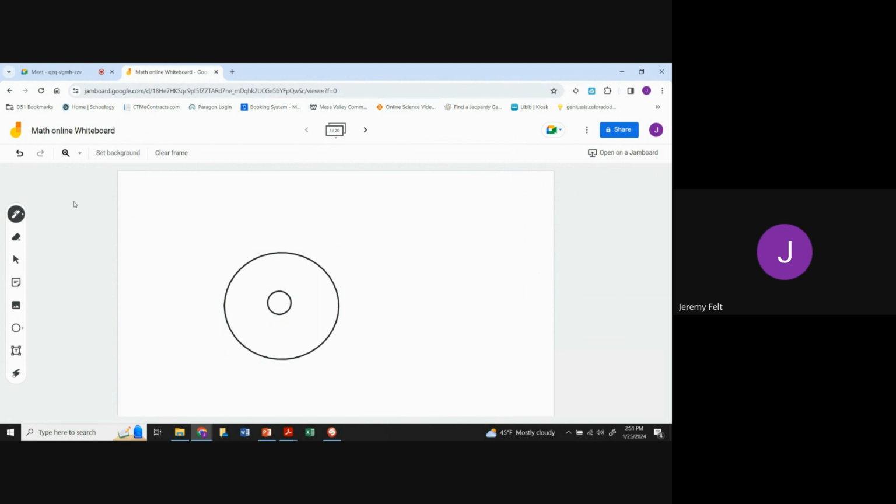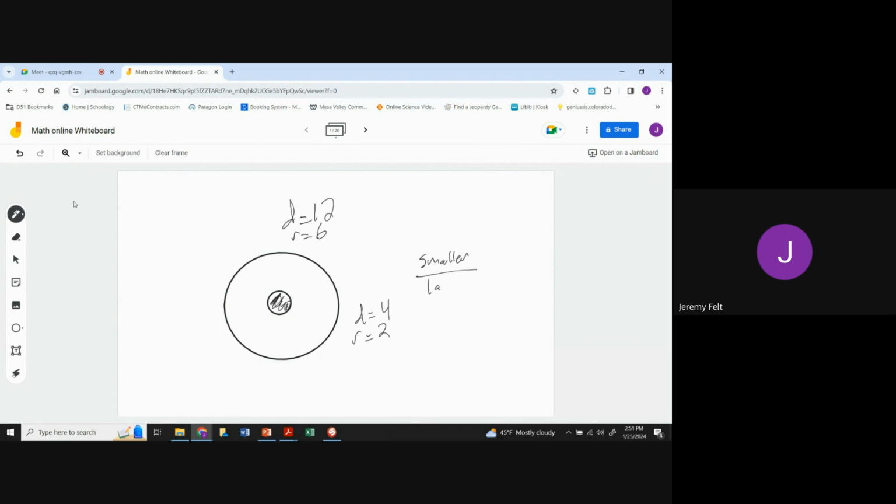So the diameter of the larger was 12, so the radius we know is 6. For the smaller, the diameter is 4, so the radius is 2, and it's in inches. So we want to know the probability of the smaller region